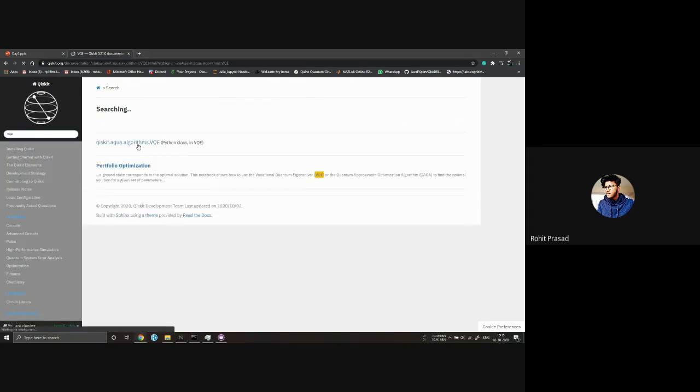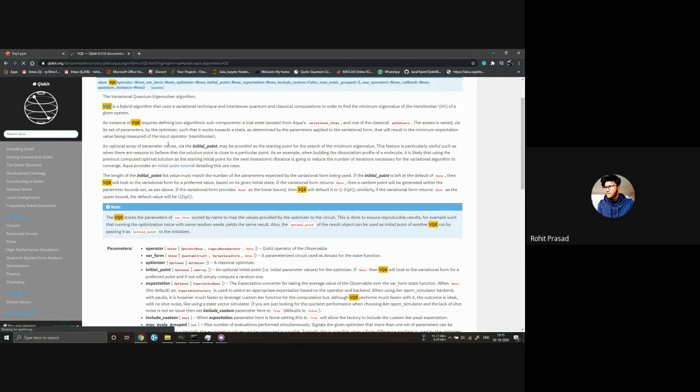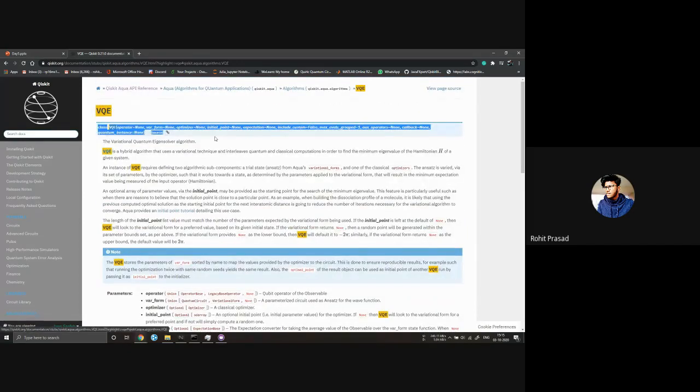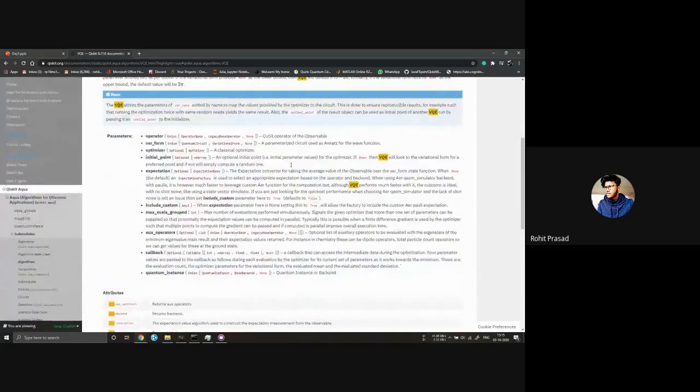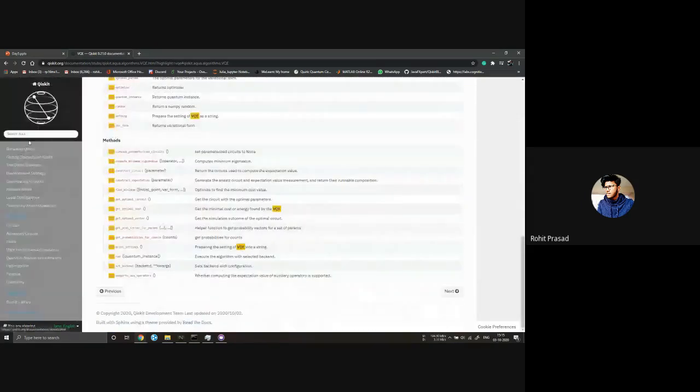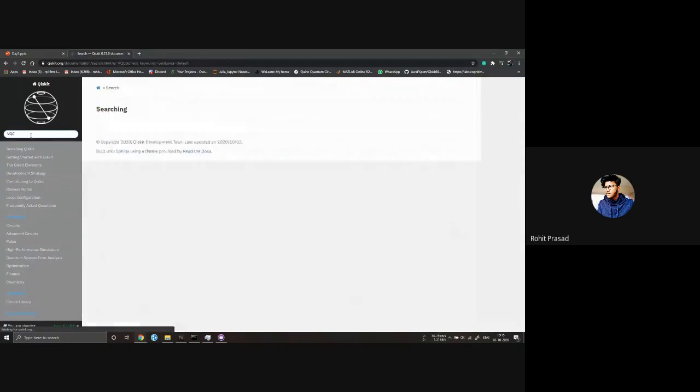Here's the VQE class that we need to import and use for this variational quantum eigensolver. Just like this, you can search for different things, like VQC, the variational quantum classifier.